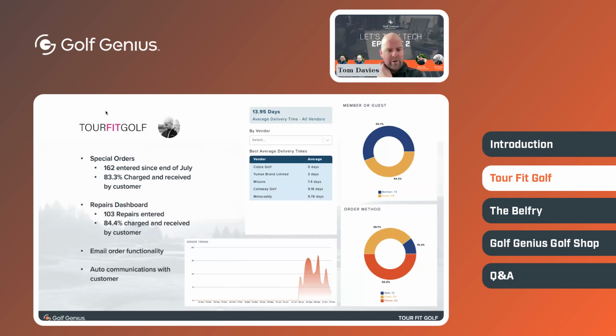My background, I worked on tour for a number of years for one of the equipment manufacturers, and one of the biggest frustrations based on my history is when you order something and it comes in and the specification is not quite up to scratch. It's definitely got better over the years, but we just wanted to eliminate that problem for our customers, and make sure that if we were saying to someone that it's going to be standard length, the grips are going to be on upside down, it's going to be 2 degrees upright, or whatever the spec is,